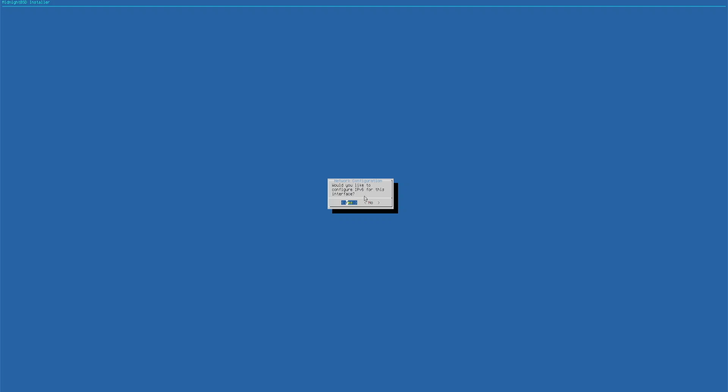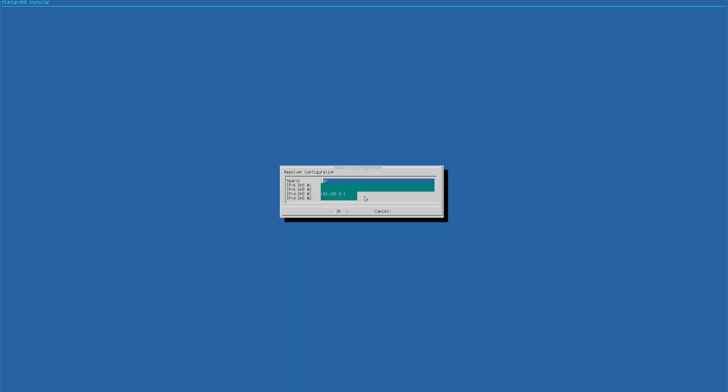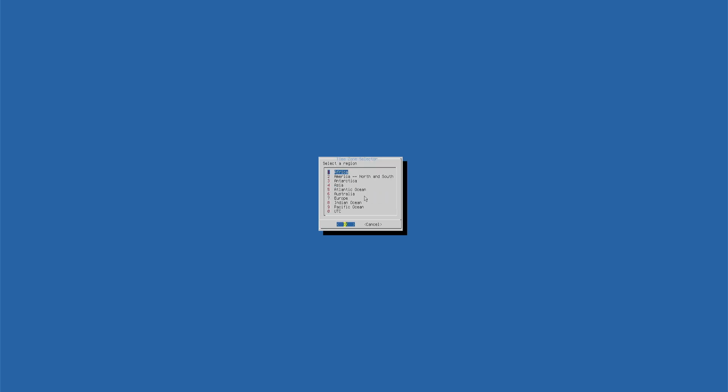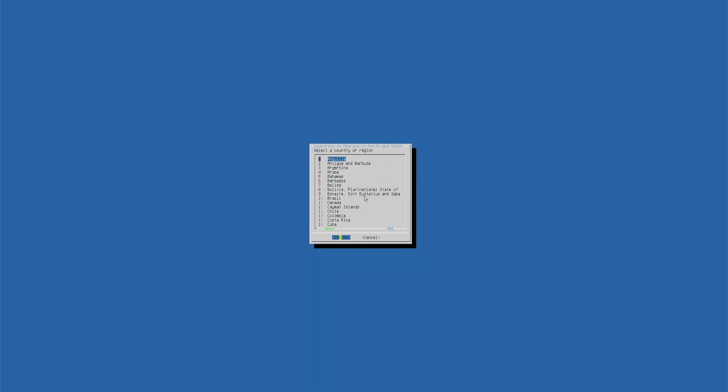Okay. Okay. Okay. On it. I don't know. It's asking me to configure IPv6. I mean, it does it automatically, or at least I thought it did. Okay. I don't know if it's set to UTC, so I'll just hit no. America, North and South. And then have to scroll all the way down to, wait, can I just, hold on.